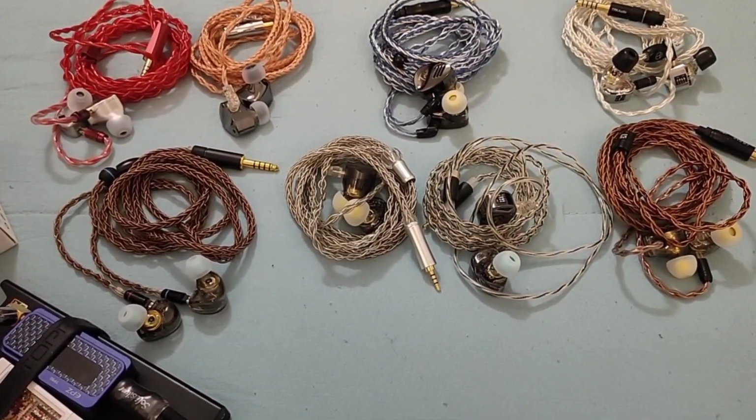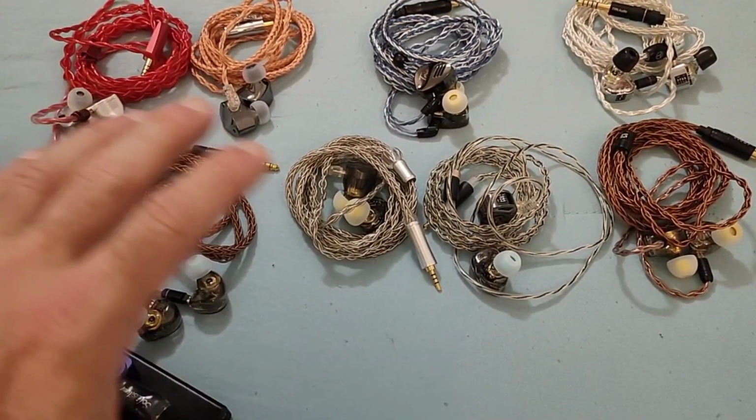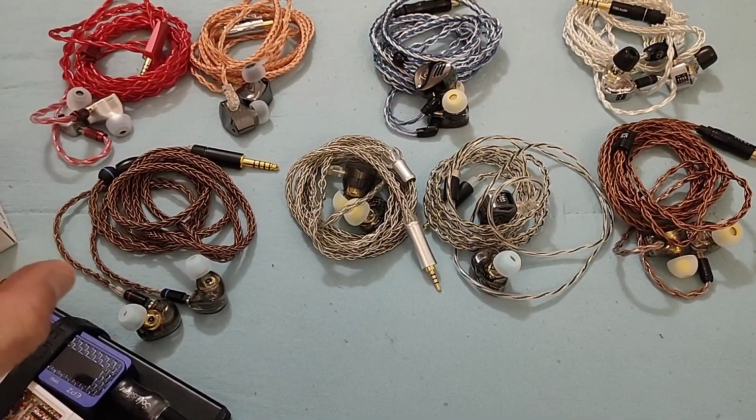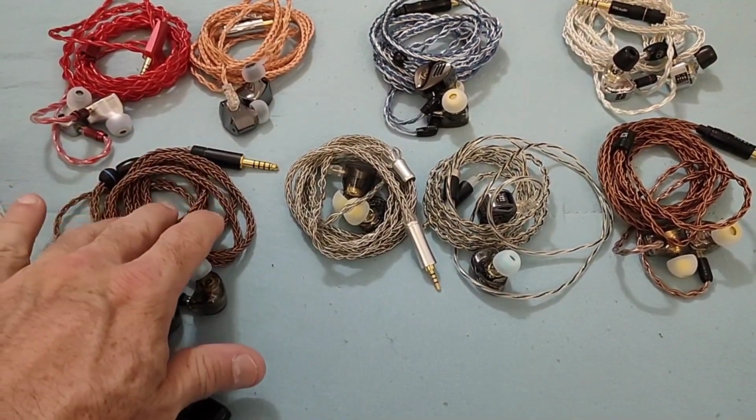Hi guys, and welcome back to yet another review. This time around I'm going to bring you 3 IEMs from KZ which have been launched over the last couple of weeks. They are the Libra,